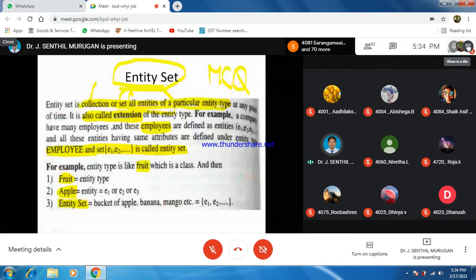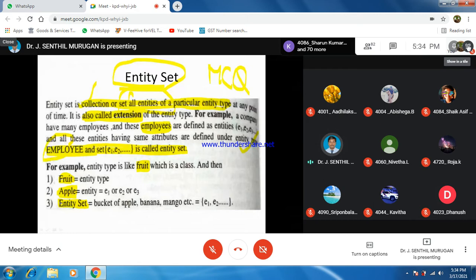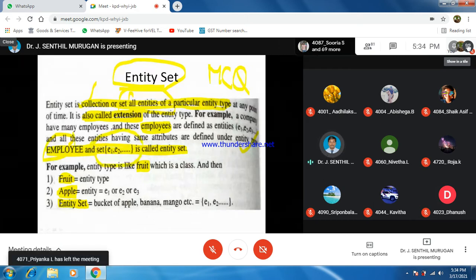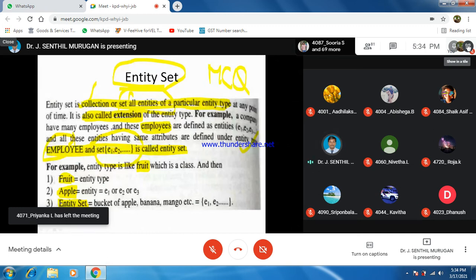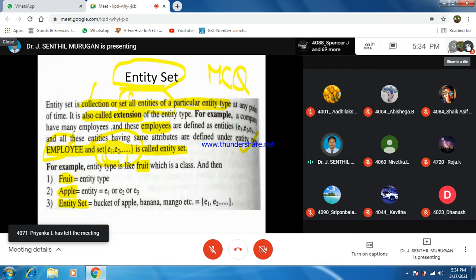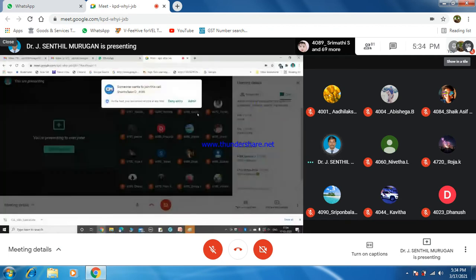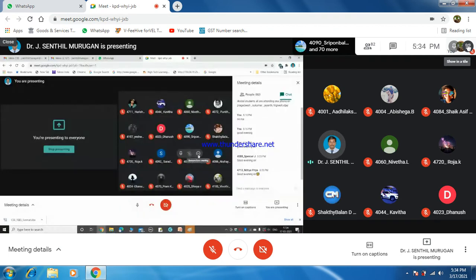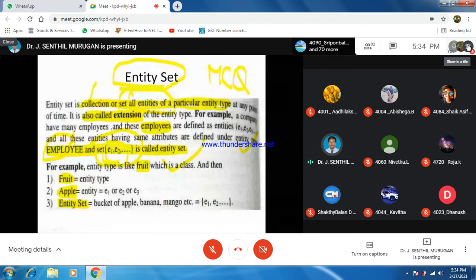So that is called an entity set. Now, based on this entity, for an employee, there is a set of employees, E1, E2, E3, all those things. So if it is a set of all the names for that particular employee table, then it is called an entity set.